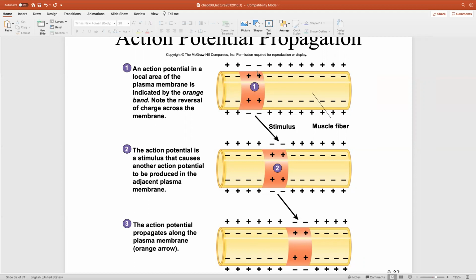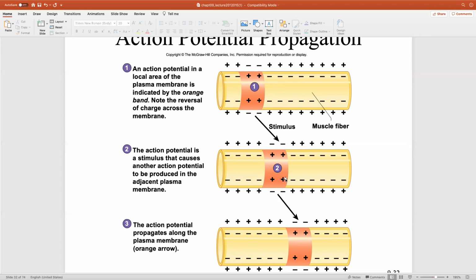Then the sodium doesn't stay still. The sodium then rushes to the next segment. As it goes to the next segment, internally, it causes this next segment right here to hit threshold. As this segment hits threshold, adjacent to this one, because sodium that rushes in moves in this direction, what happens? Voltage-gated sodium channels in the next segment open up. Sodium in the next segment rushes in,